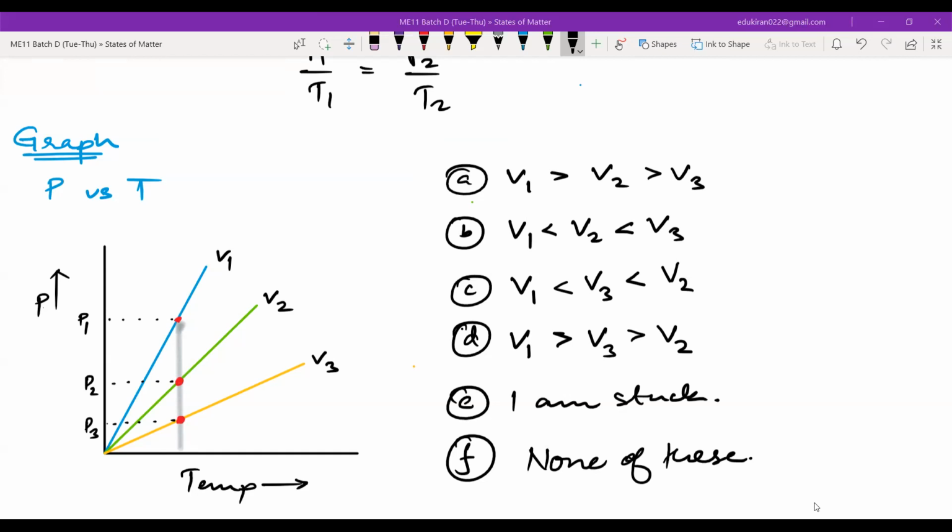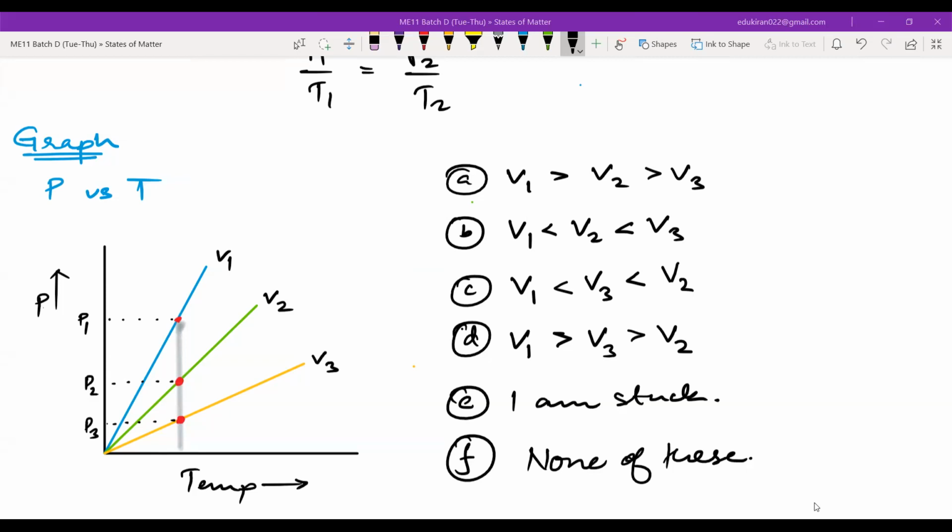Abdul Wahid, can you give me the order for P1, P2, and P3? Which will be higher? Abdul Wahid, in the chat, please. From the graph, can you tell me? I'm asking for an order, na? एक आप आंसर क्यों बता रहे हैं? I'm asking which is highest, P1, P2, or P3? Give me an order that P1 is greater than P2. It is greater. Okay, fine. P1 is the highest.